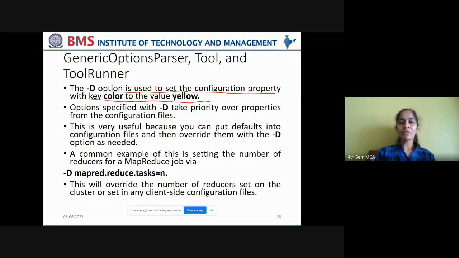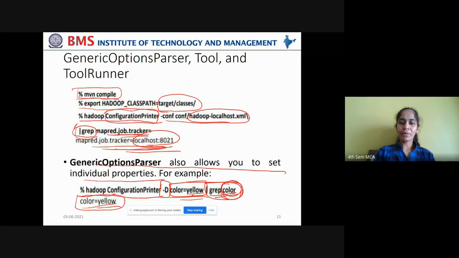Now, options specified with -D, as I said, take priority over properties from the configuration files. So, if you want your command line arguments to take priority over the existing default properties or over the properties mentioned in the configuration files, then you have to indicate it with -D. That is what you have done here, right?